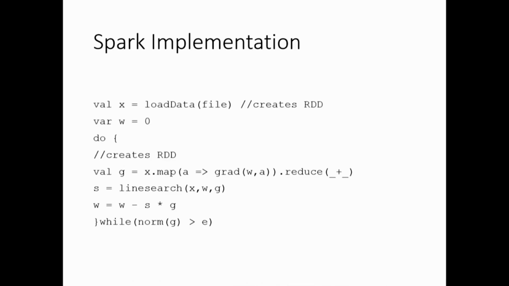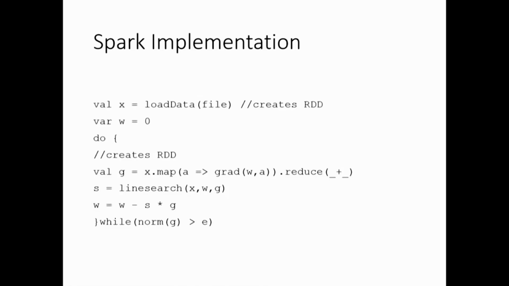For each data point, each record should correspond to one data point, and it should have the X, Y values. So your X in this case is the RDD, and what more do you need? You need the W, right? So you need the parameter for the logistic regression,